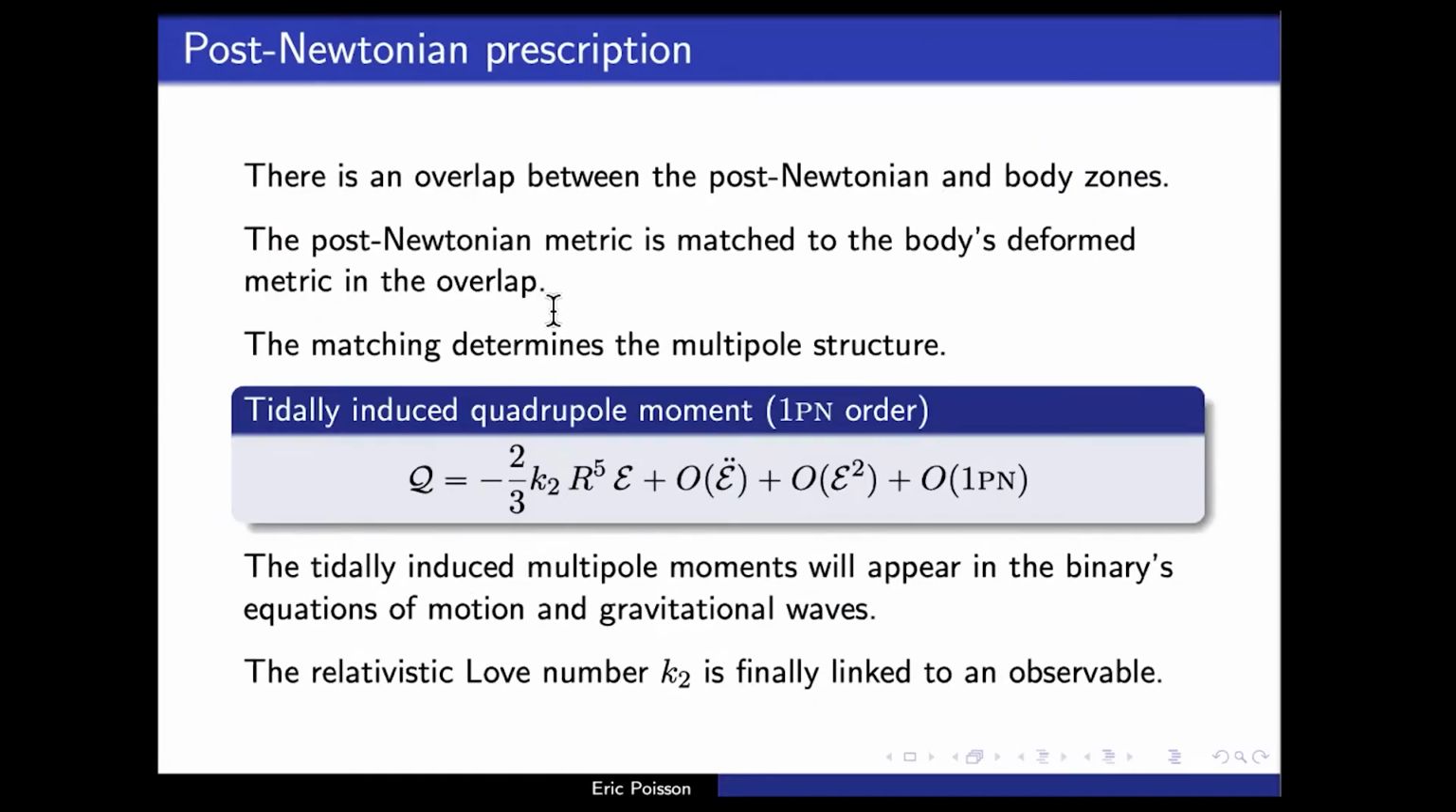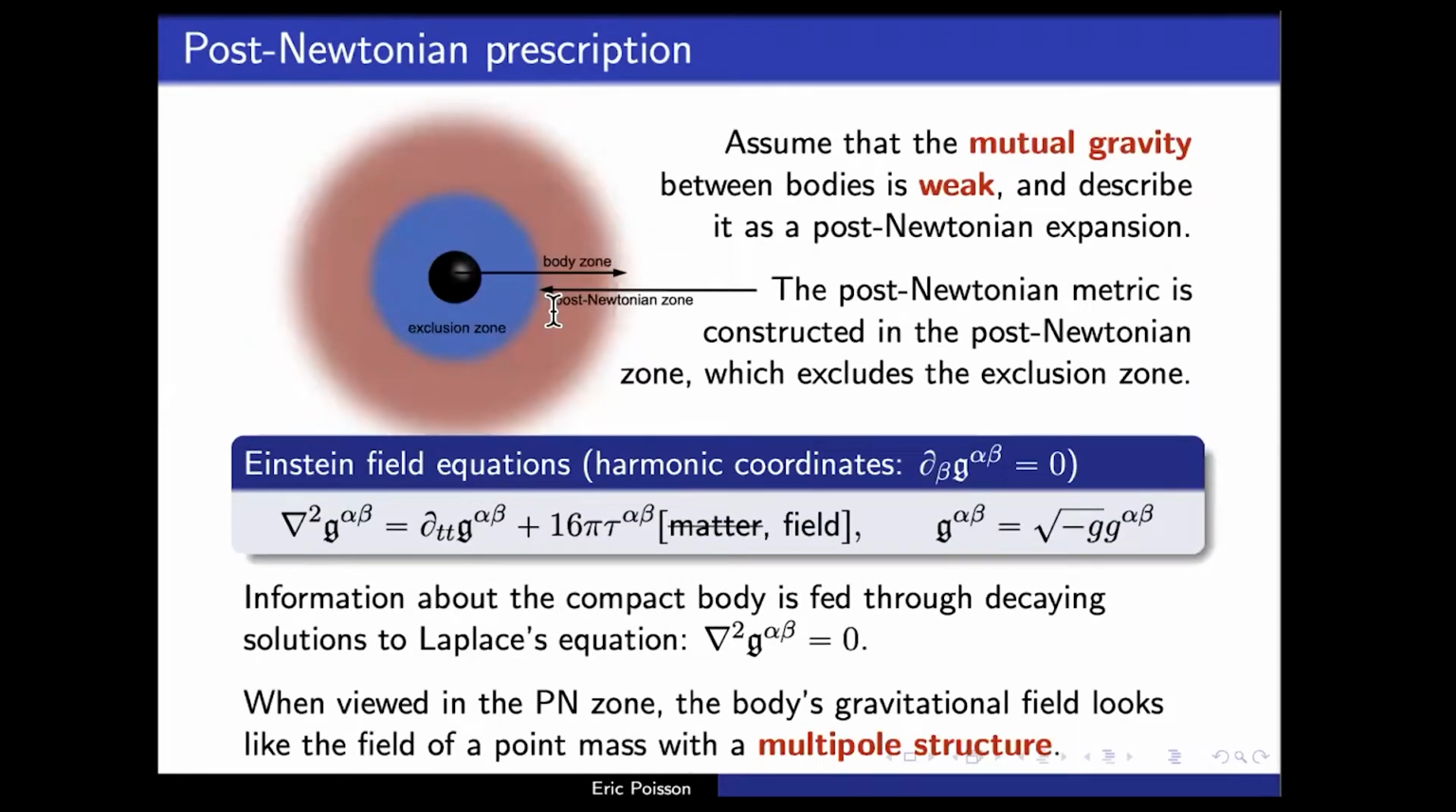Yeah, so in your calculation, when you are matching the exclusion zone with the post-Newtonian zone, there should be a dependence on the choice of radius. So there should be an extra parameter, right? So the ambiguity still remains, right? No, there's no ambiguity, because